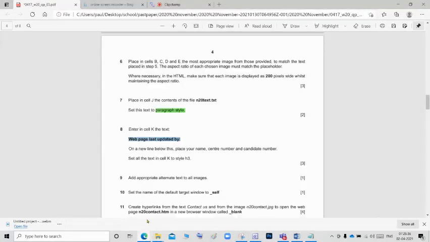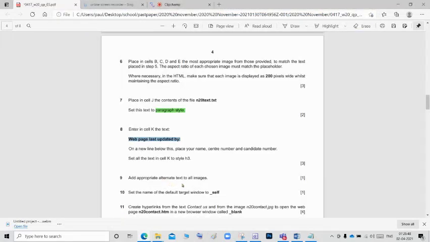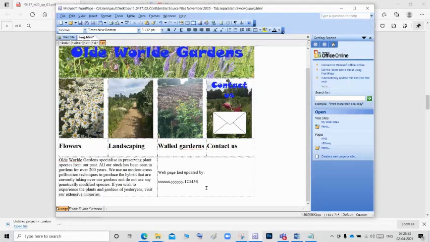Next, they are asking, on a new line, paste your name, center number, and candidate number. And they are asking for H3. Select this, go to this normal and click H3.